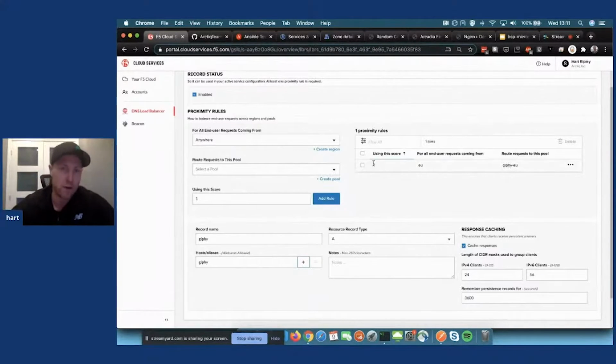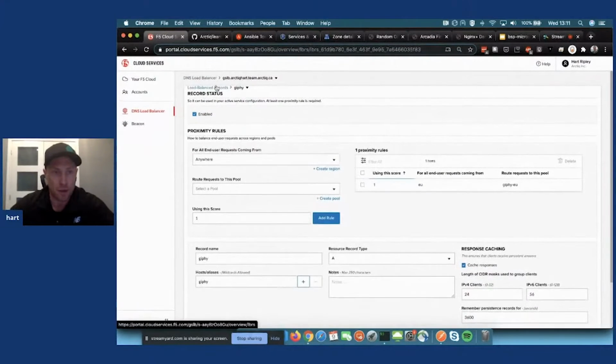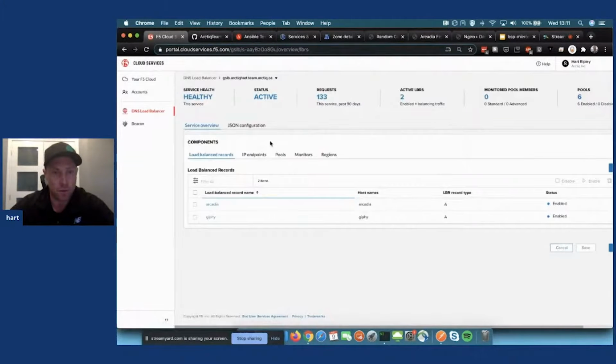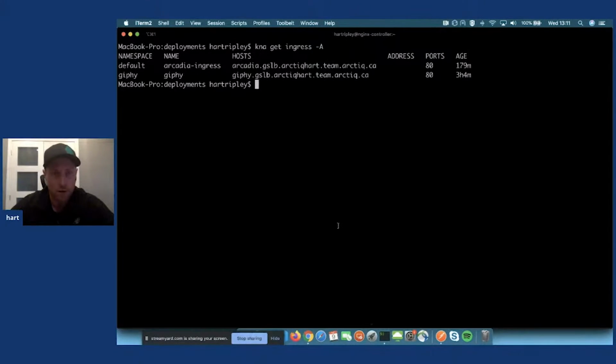Right now we only have one entry, so we would really need to add something else in, but that's pretty straightforward on that side. Jump back here for a second. The IP endpoints are just the public IPs of the Ingress controllers. So if we quickly look at one of these here,